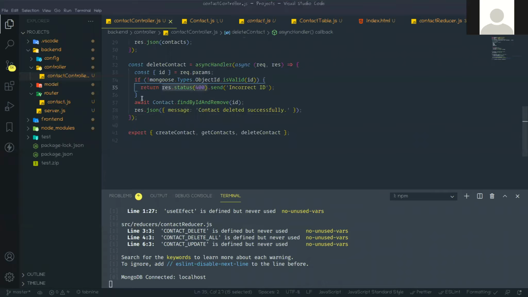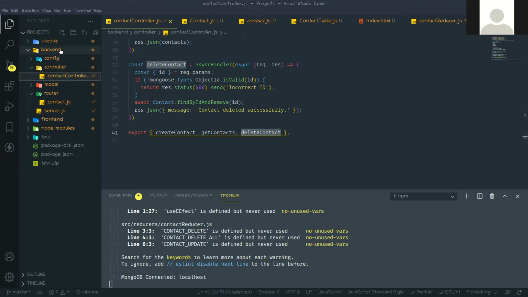If all okay, go to the next line, that is await, then find and remove, find the ID and remove. This method will first find that document with the ID, and then it will remove it, and you need to send one response that contact deleted successfully, and you need to export this. Okay, so this method is done.